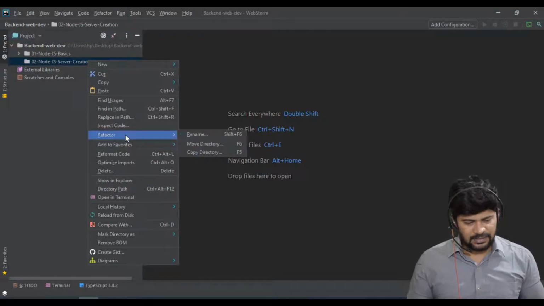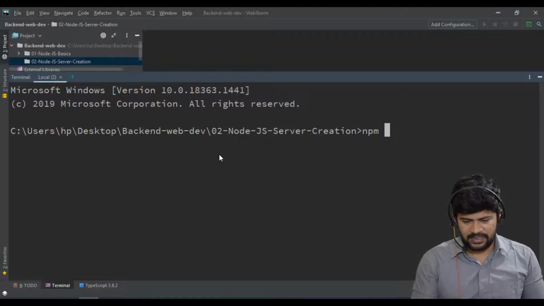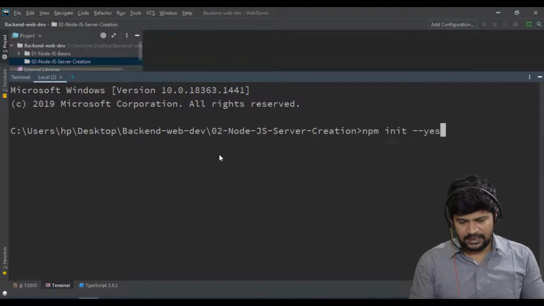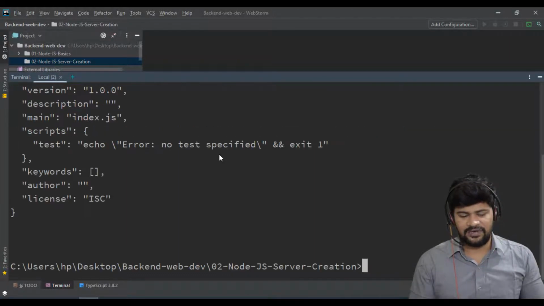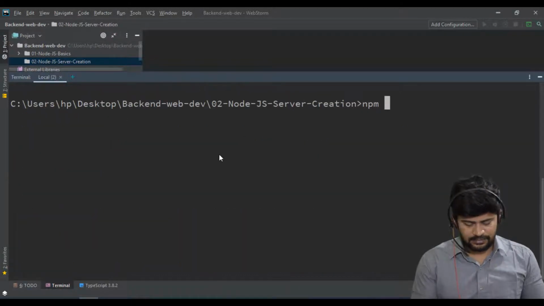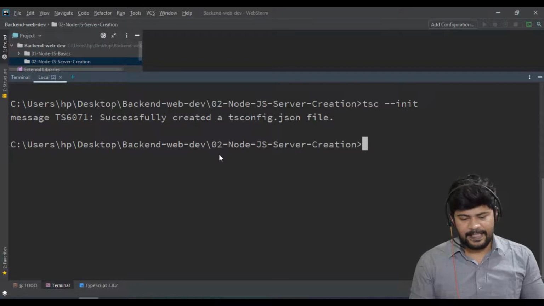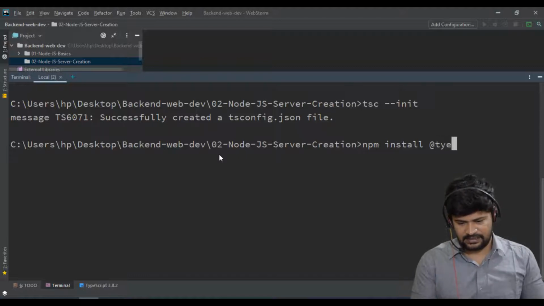Open in terminal. So here npm init --yes. So this is to create a default package.json, and then tsc --init to create the TypeScript configuration file, and then npm install @types/node.